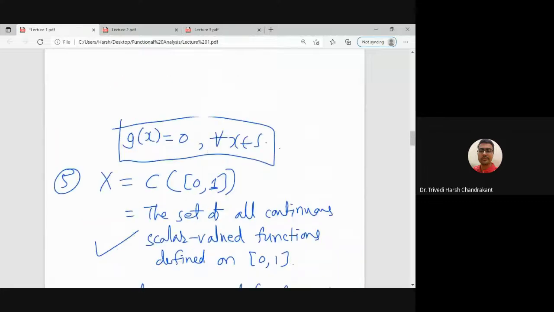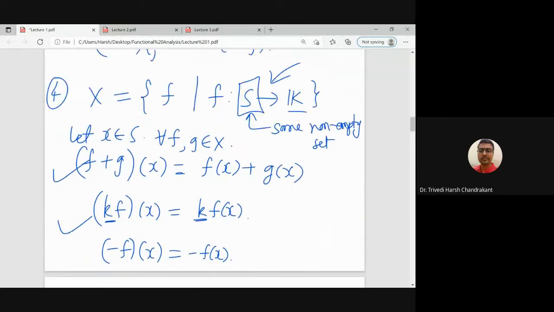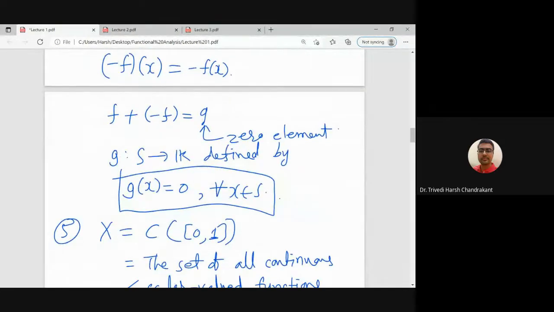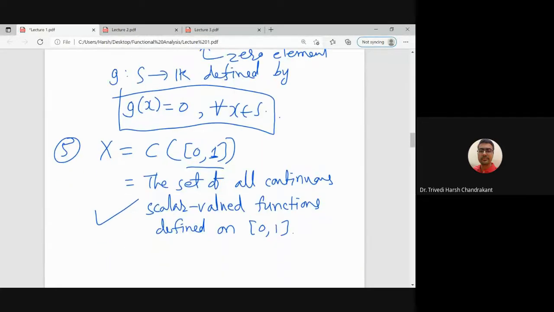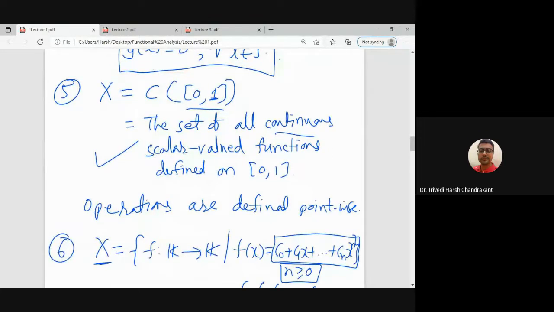So this fifth example is actually a subspace of the fourth example, where S is this set, and we are imposing another condition that each function should be continuous. So the zero element is here because the zero function is also continuous,